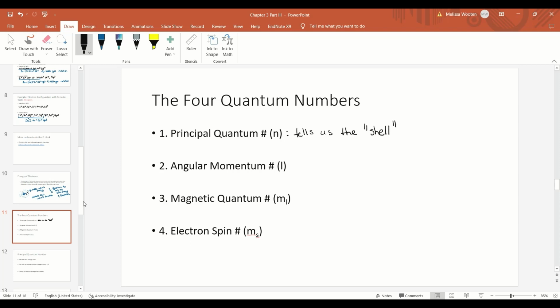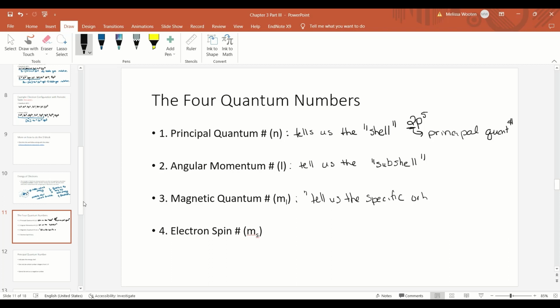Right? And so if I had 2p5, this 2 would be the principal quantum number. Okay. Angular quantum number tells us the subshell. Magnetic quantum number tells us the specific orbital within that subshell. Electron spin number just tells us if the spin is up